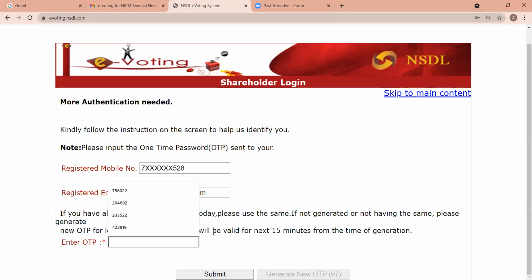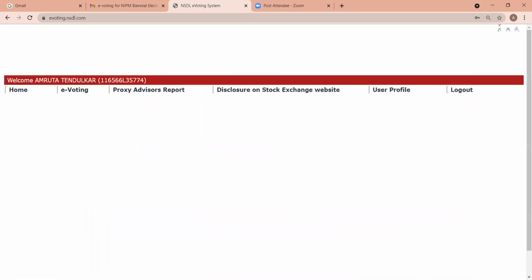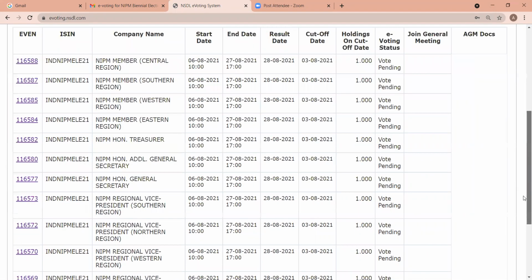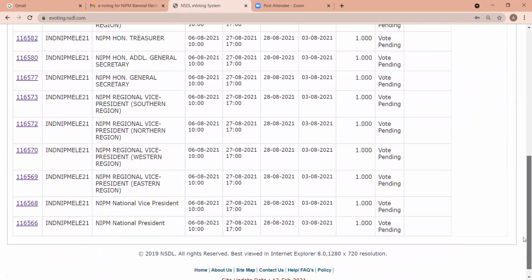It can take a few minutes or a few seconds also. I will submit it. After clicking on submit, I'm getting this dashboard of e-ballot.